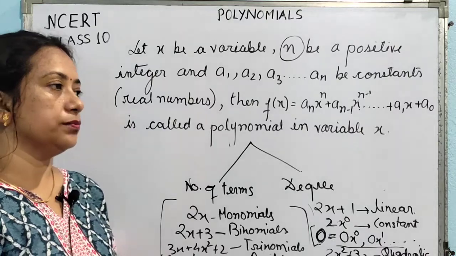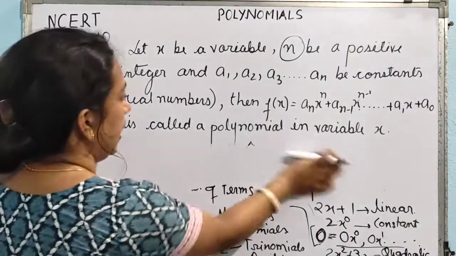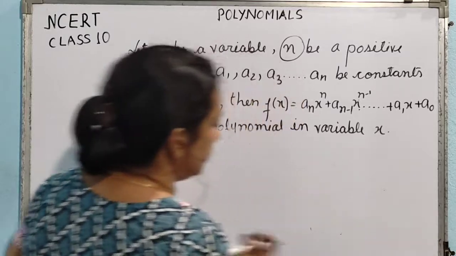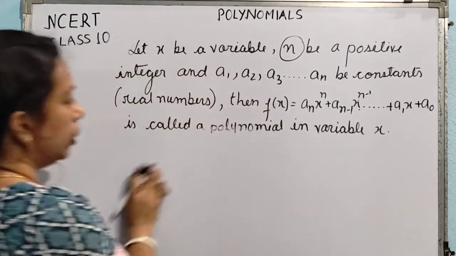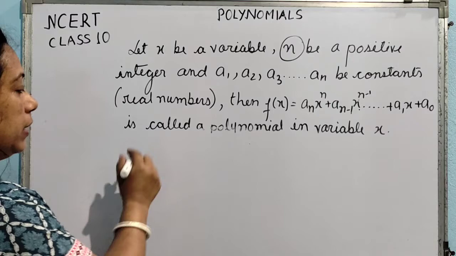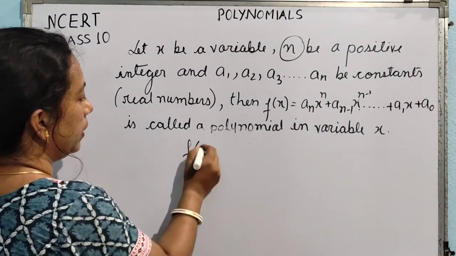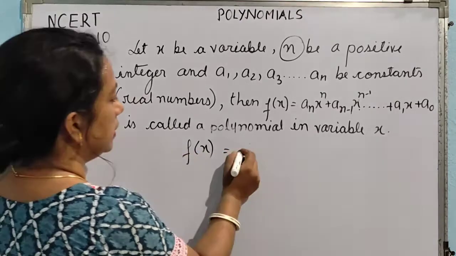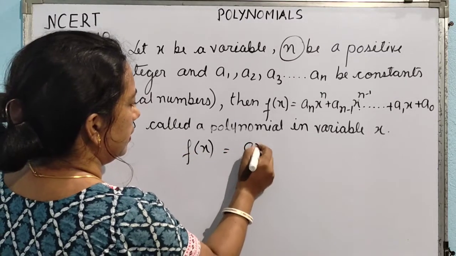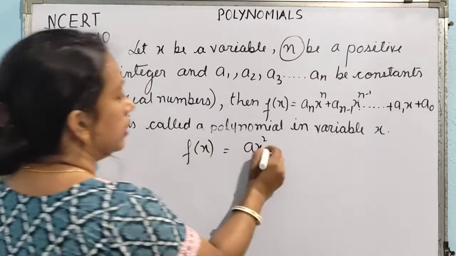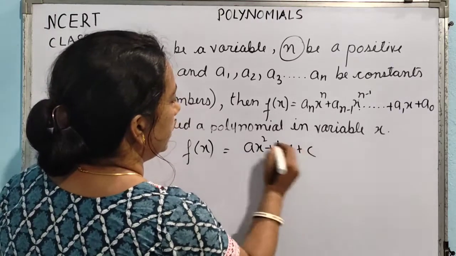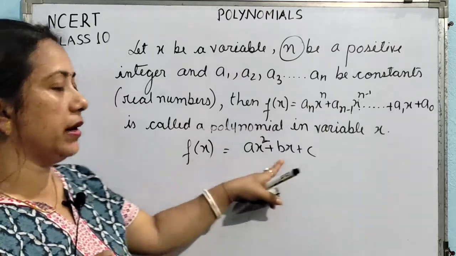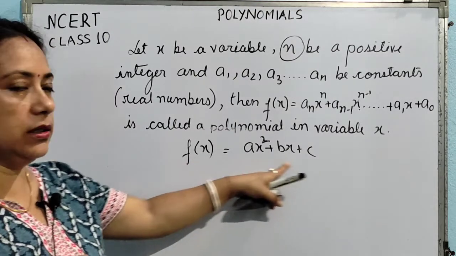Okay, now one more thing that we need to discuss here is the zero of a polynomial. What do you mean by the zero of a polynomial? Suppose our polynomial is f of x. Okay, f of x is equal to anything. We are concerned about the quadratic polynomial. We will be concentrating on the quadratic polynomial. Suppose this is a quadratic polynomial, f of x is equal to, this is the standard form.